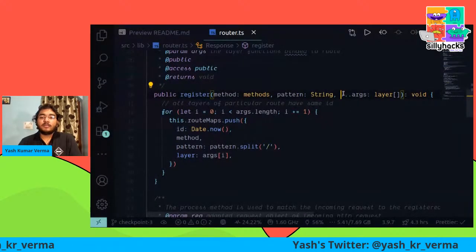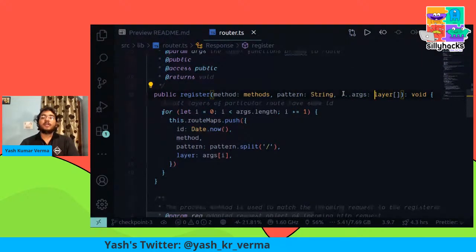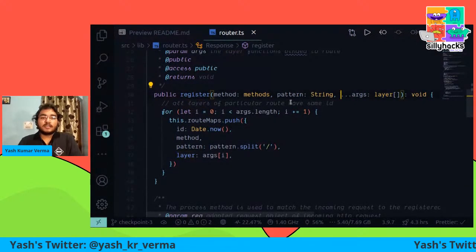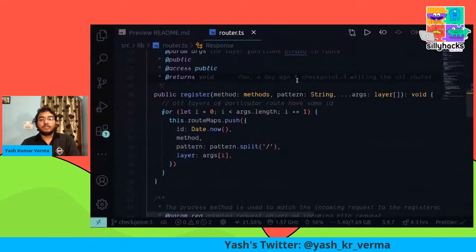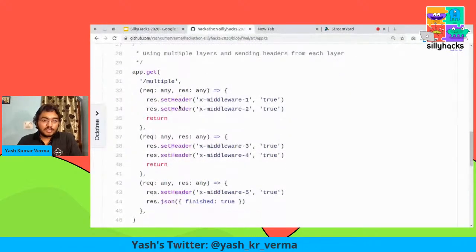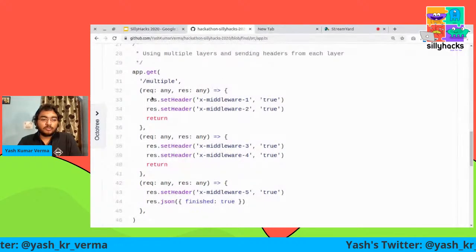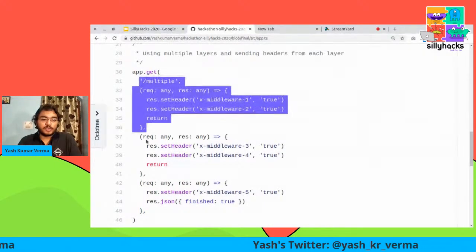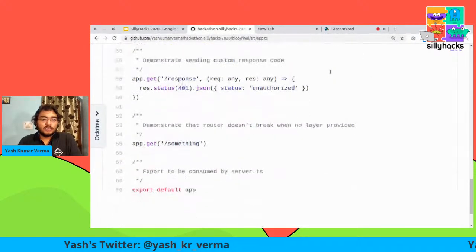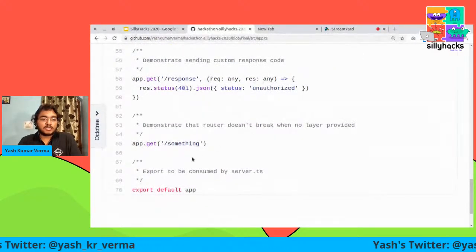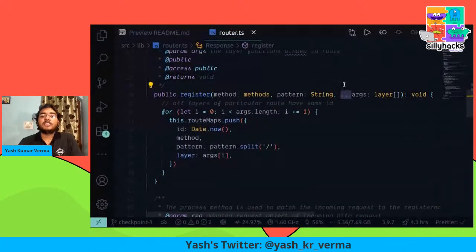And then if you see the triple dots args, the data type for that is an array of layers. So this ensures that this particular function can take any number of arguments. Now if you check out, this particular function has 1, 2, 3, and 4 arguments. This particular function has only 2 arguments. This particular function has 2, and this has no arguments. So basically, this feature of the ES6 specification